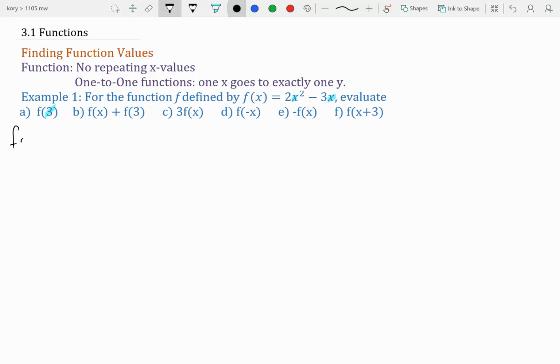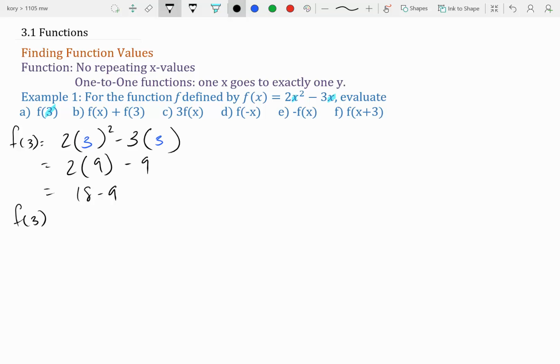So f of 3 equals 2 times 3 squared minus 3 times x, which is 3. And then just work it out. So we have 2 times 9 minus 9. That's 18 minus 9. And we get f of 3 equals 9. So that's part A. Now part B